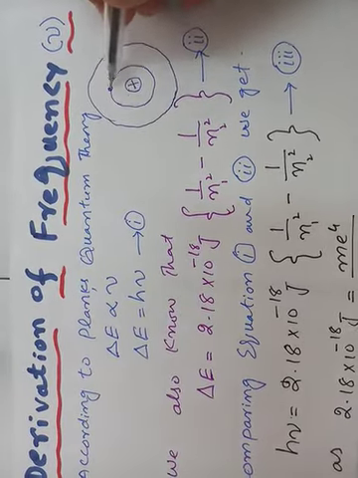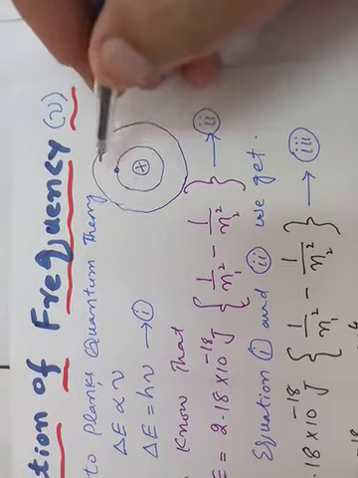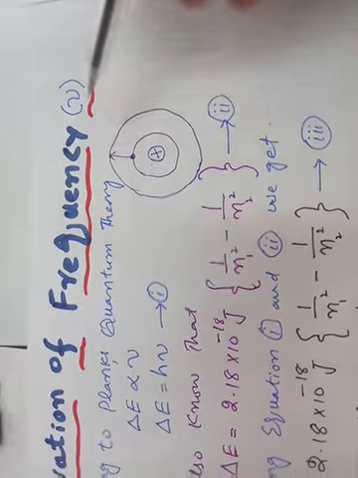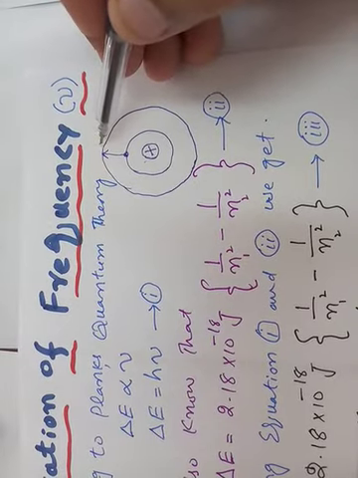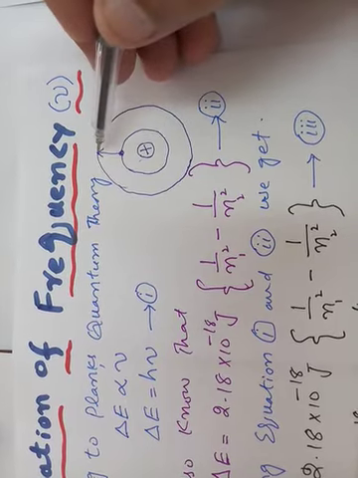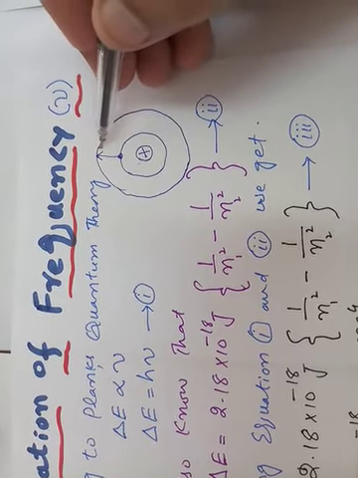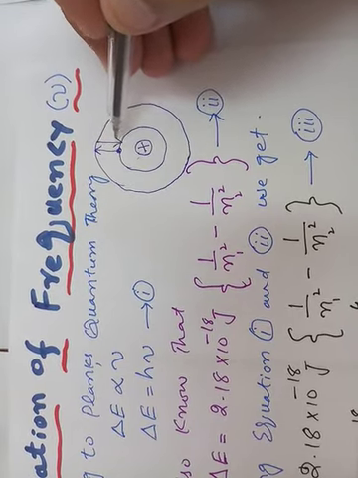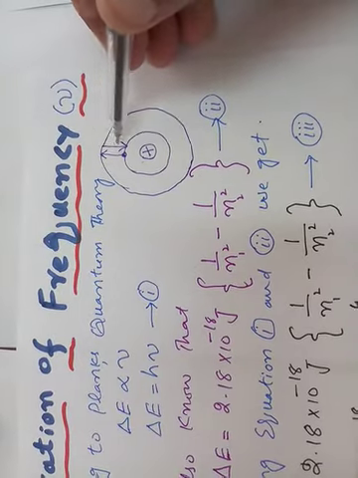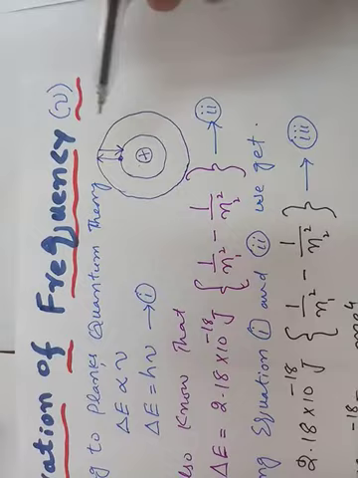When this electron absorbs energy from heat, light, or high voltage, it jumps to a high energy state. Then this electron jumps back to its ground state, that is the original state or low energy state. While coming back from the high energy state to the low energy state, it emits the same energy in the form of light, electromagnetic radiation.